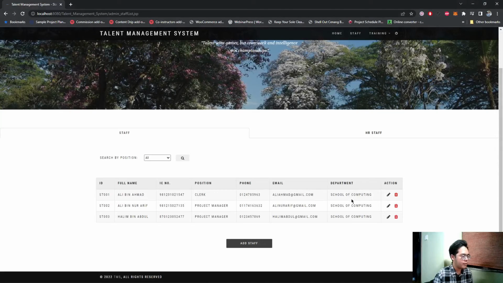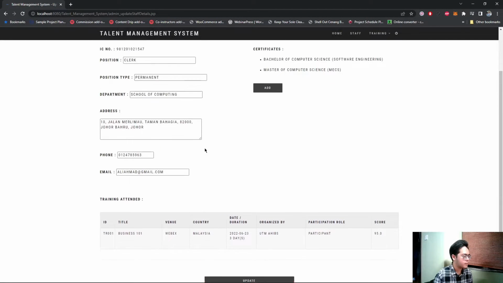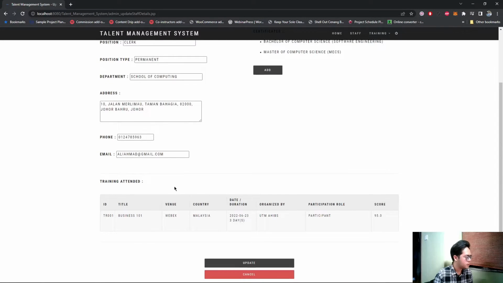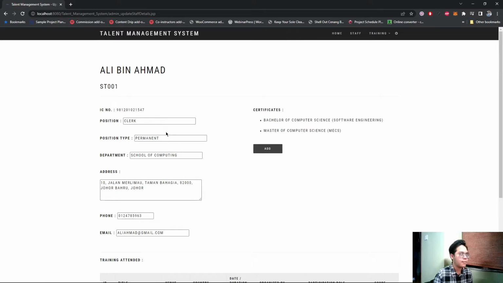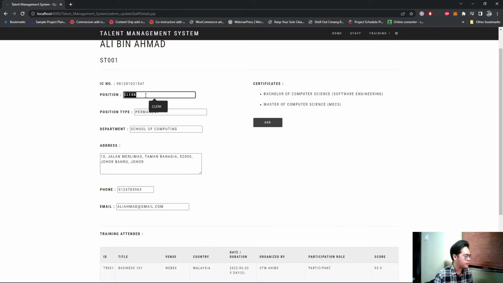So let's say if the admin wants to edit the staff details, they just need to click on the edit button, so they can update the staff training details. The name and the ID as well as the IC cannot be updated by the HR staff. So if they want to change the position